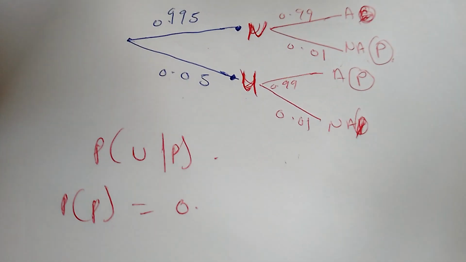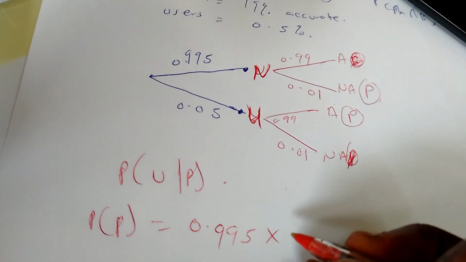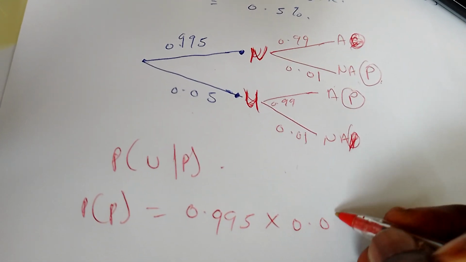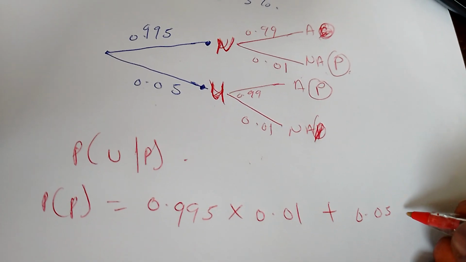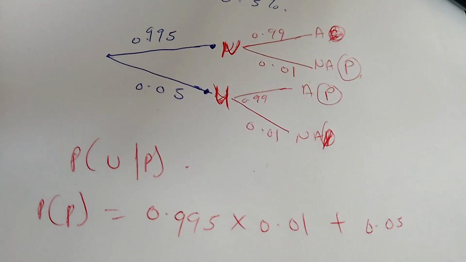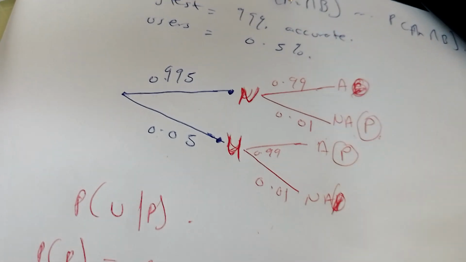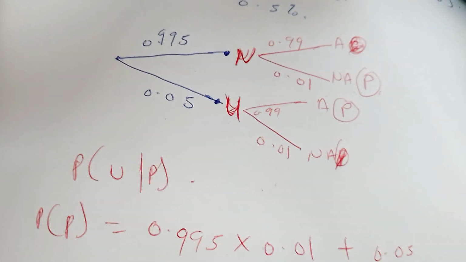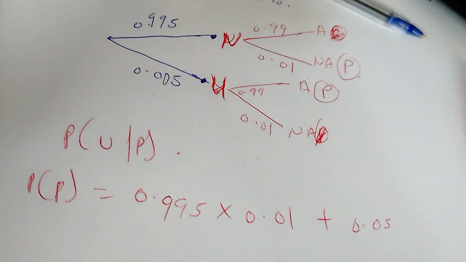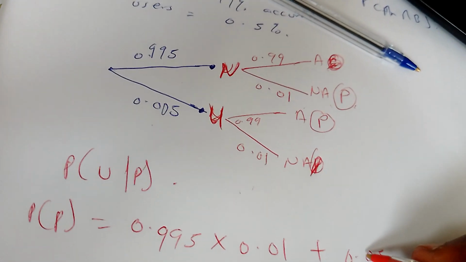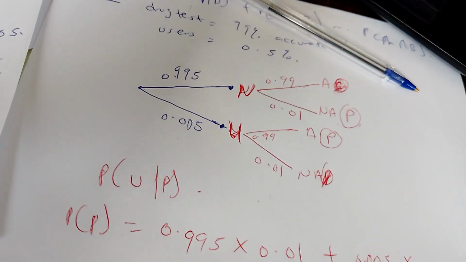So now, what's the probability that a drug test is positive? That's 0.9995 times 0.01 plus 0.05. Is it 0.05 or 0.005? This is definitely a mathematics issue, so please take note of this. I've realized I've made this mistake like twice, so take note of this because it's really deadly.